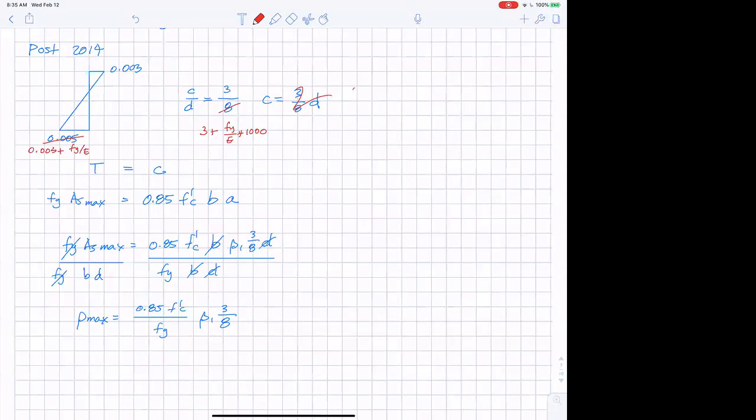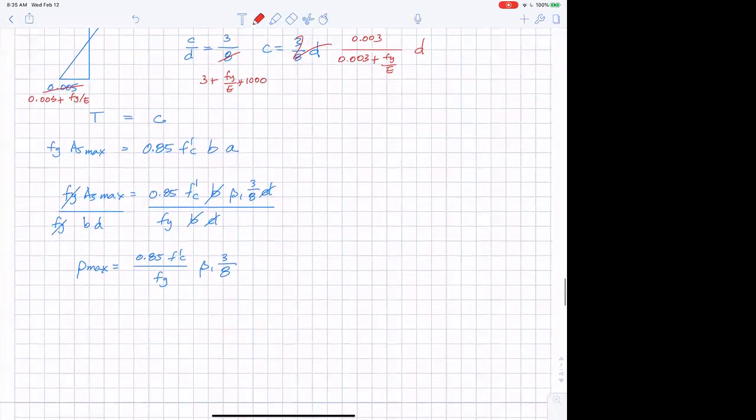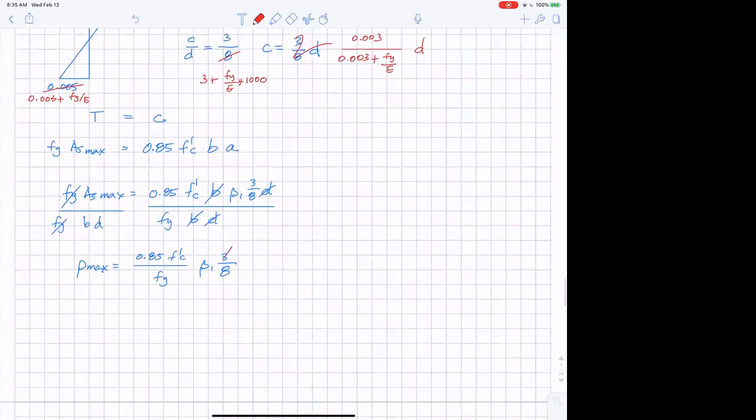What it really is is 0.003 over 0.003 plus Fy over E. That's really what it is. Okay, times D. Okay, so what we have to do is everywhere we see 3/8 D, the 3/8 needs to get replaced with